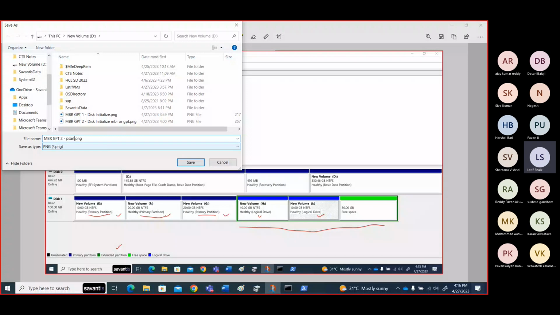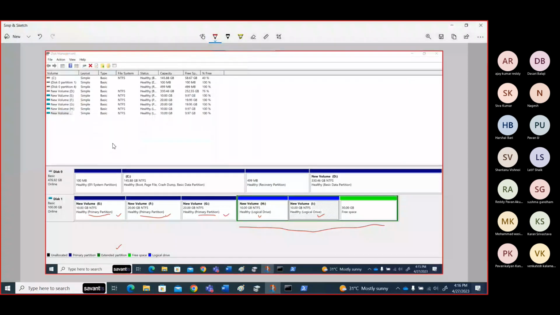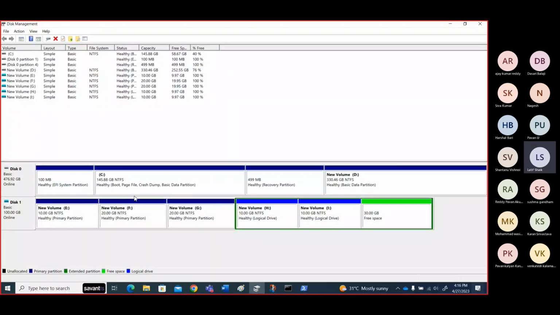What is meant by partition? What is the use of partition at least? Anybody? What is meant by partition? Separating a hard disk into multiple logical partitions. Logically, we are dividing the physical hard disk. So that is